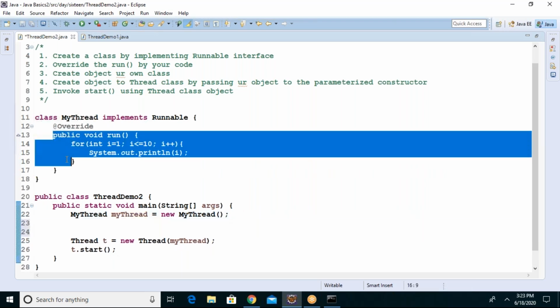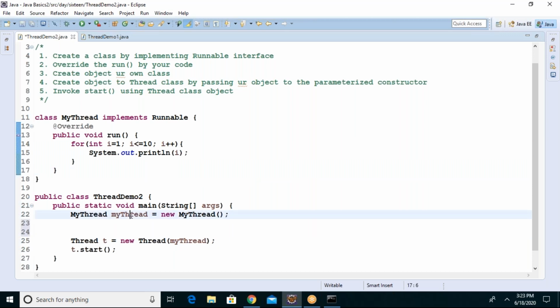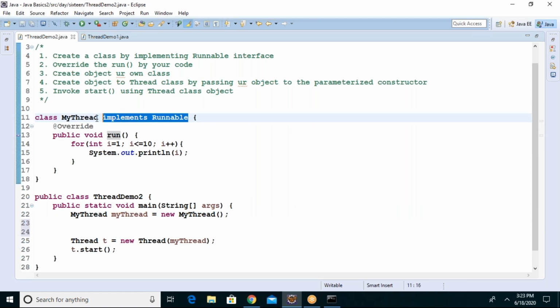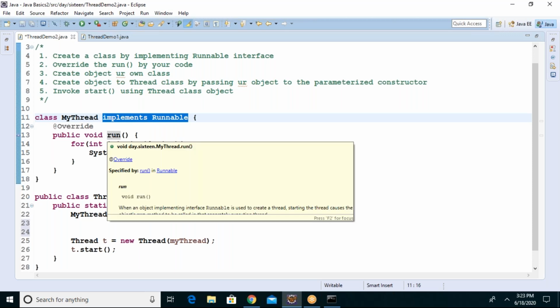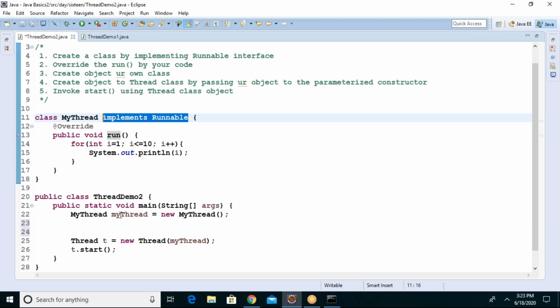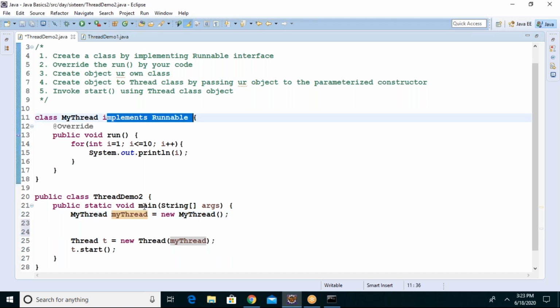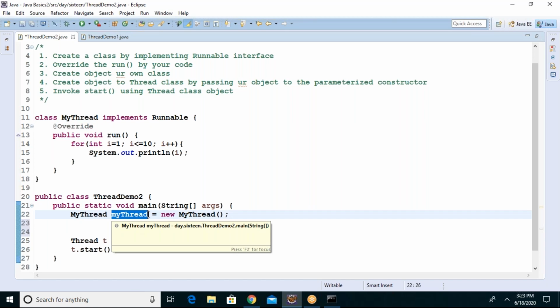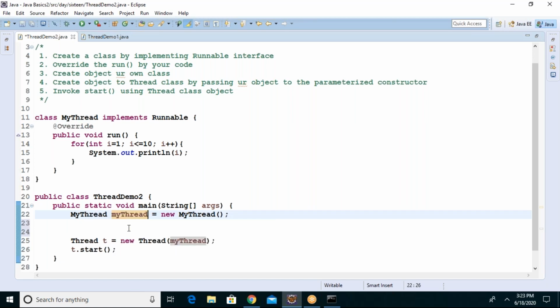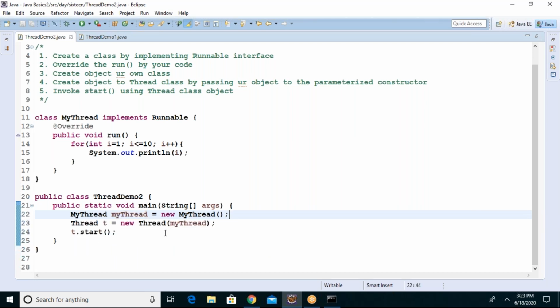What is the problem here? First of all, I want to run this method by creating a thread. So the general process is what? Object dot start. But the thread we are creating in this situation uses the runnable interface, so it has only one method, that is the run method. It does not have a start method. If your parent doesn't have a start method, does the child have the start method? No. Correct. So you can't say my thread dot start.